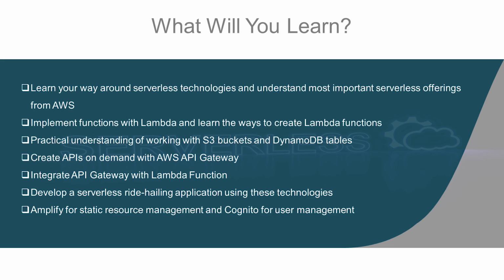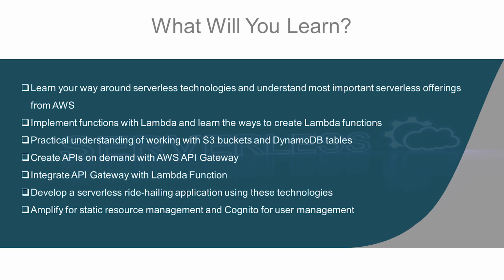And you'll also get a practical understanding of working with S3 buckets and DynamoDB tables. Creating APIs on demand using AWS API Gateway is another huge takeaway from this course. And you'll also learn how to integrate the API Gateway with the Lambda function. And you'll see the magic happening on the serverless side with this integration. And you'll also learn how to develop a serverless ride-hailing application using not just AWS API Gateway, Lambda, or DynamoDB, but other technologies